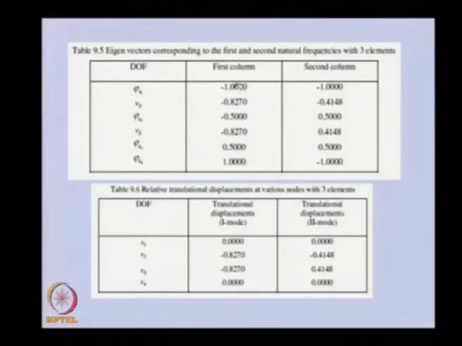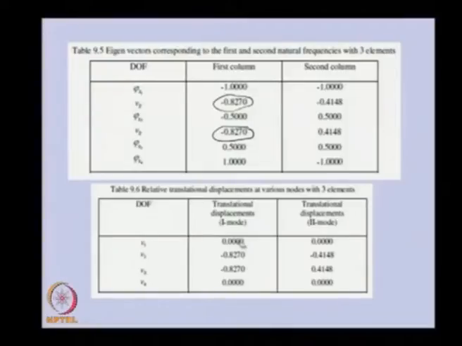If we want to obtain the first mode shape for translational displacement, obviously we need to pick up V2 and V3. So correspondingly we pick up this term and this term for linear displacement. Others correspond to the slope, but for the mode shape corresponding to the translational displacement, we need to pick up these two. So we have picked up V2 and V3 here. We already know that at nodes 1 and 4, because it is a simply supported end condition, the displacements are 0. So that we can add here.